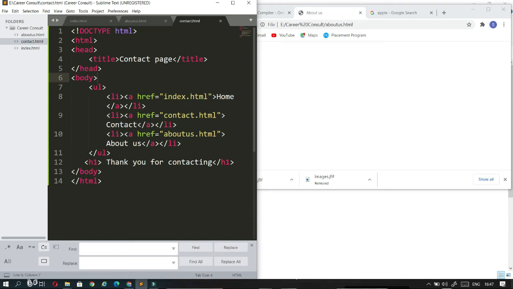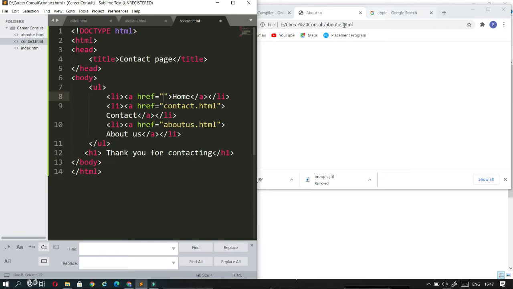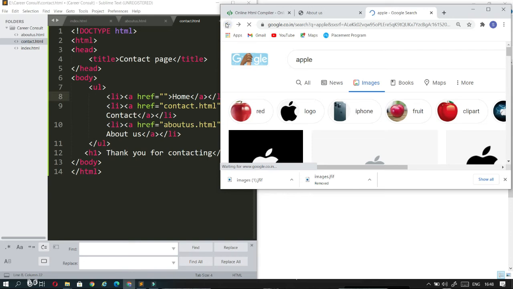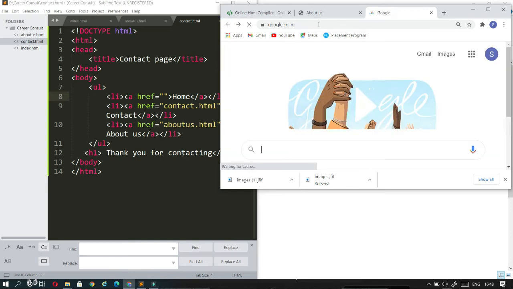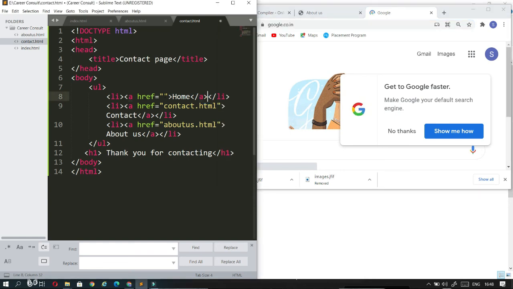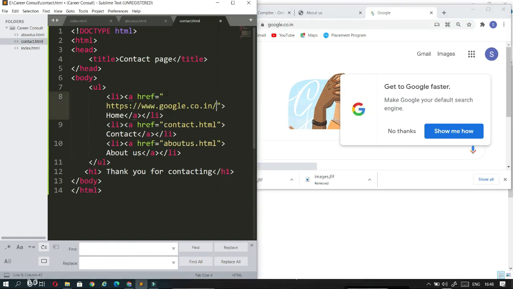If you want to connect to Google, then just inside the href, this is the link of the Google website. So I'm just going here and adding the link location as Google's website.